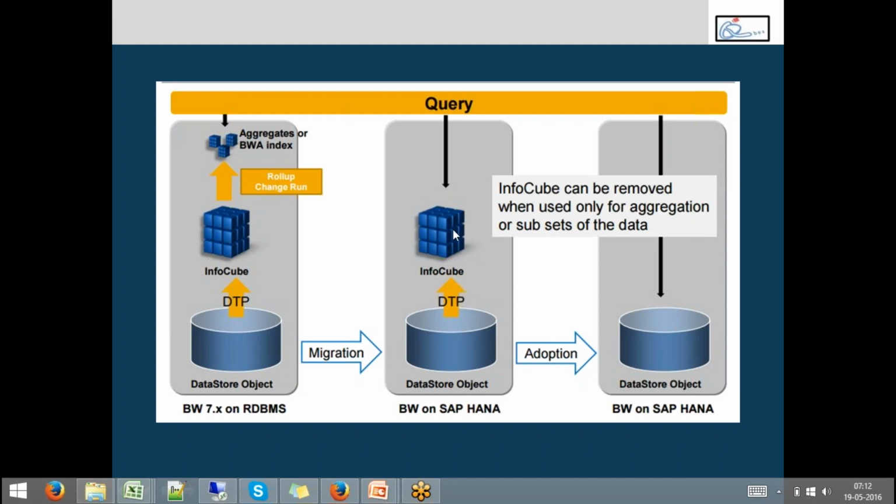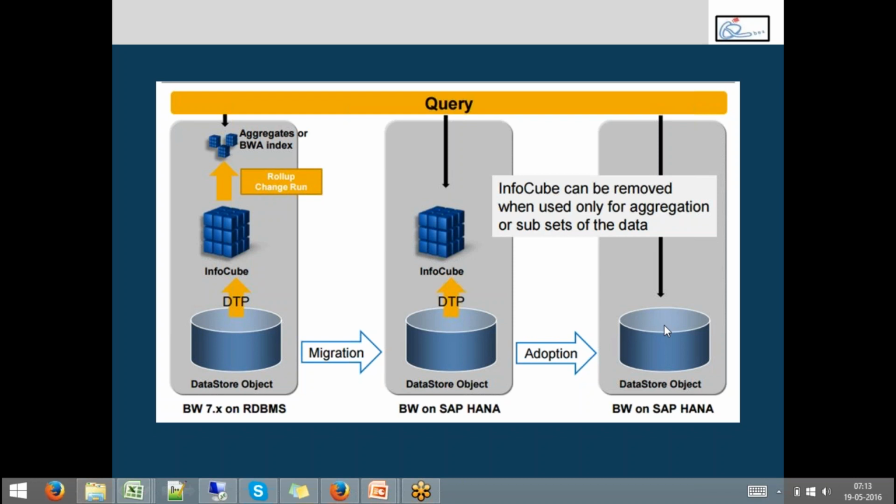Even in this case, when you're loading from DSO to the cube, if you're not performing any transformations, if you're just using this cube only for aggregating the data, then even this cube can be eliminated, and you can straight away have your query running on the classical DSO. The query performance on cube or DSO is no more different. It's all one and the same because both are column store tables in the backend.